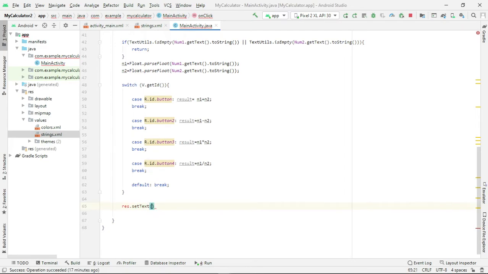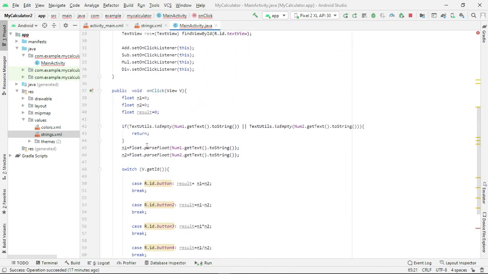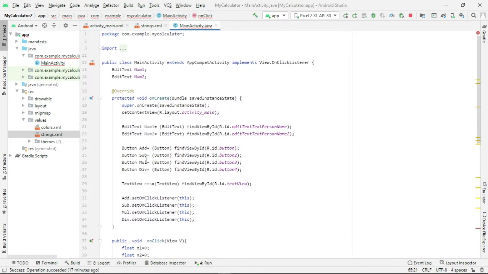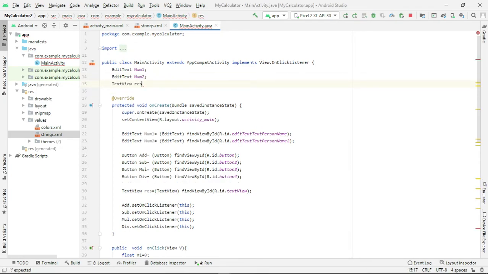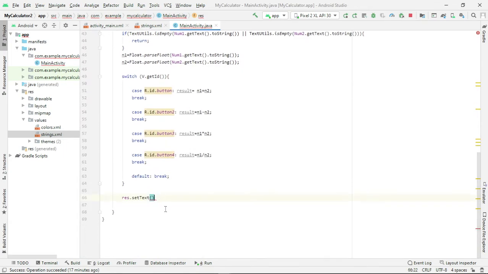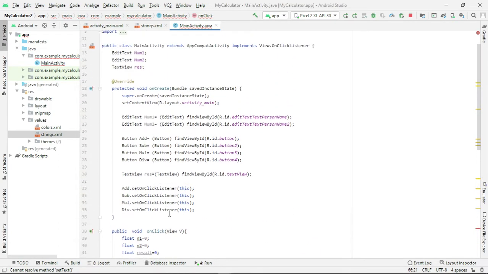So let me check as it is within this. Okay, fine. We have not yet defined this variable outside this scope. Yes. Copy. Now you may not get an error. Set text res, right?